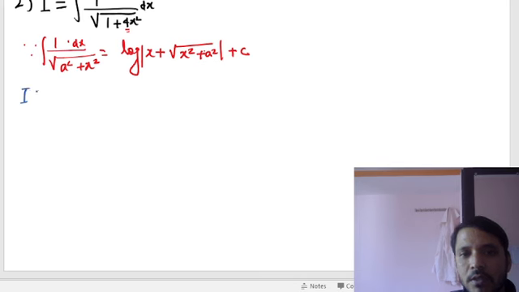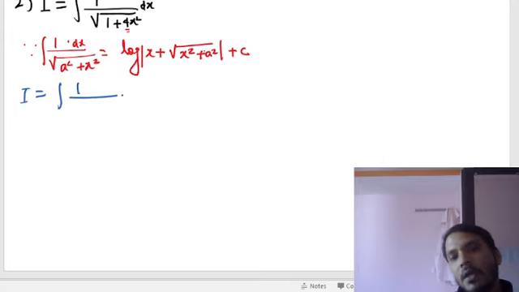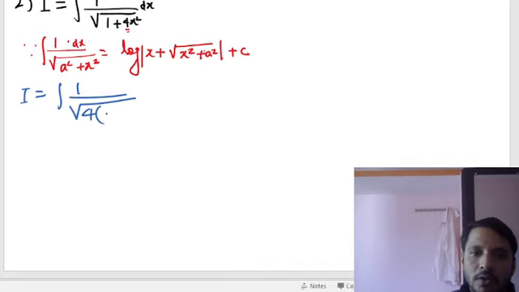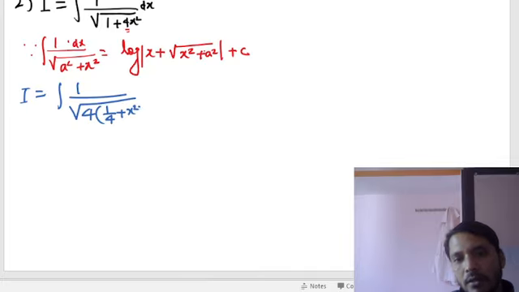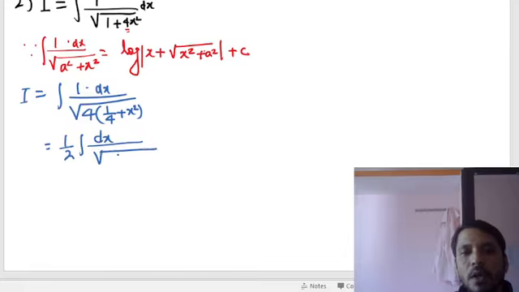So how we can do that? We will just take common, means I equal to integration of 1 upon inside root. Now what we can do? Take 4 common. So if you are taking 4 common out of the 1, so remaining will be 1 by 4, right? Now plus x square, whole square root, and actually we have dx also. Now what we can do? Next step we can take the 1 by root 4 outside, so it will come as 1 by 2. Now we have just integration of dx by under root of 1 by 2 whole square